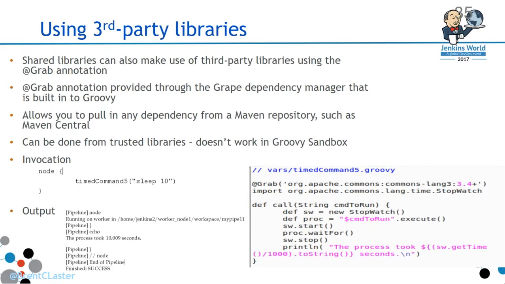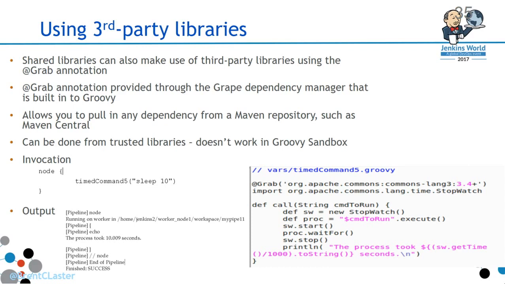Third-party libraries. You can also bring in third-party libraries to use in your code. This uses the @Grab annotation out there, provided through the Grape dependency manager. You may not be familiar with that, but it's built into Groovy. This is a way you can bring in things like from Maven Central. You can see in the example code down there on the right-hand side of the slide, the timeCommand5 Groovy. I'm pulling in the Apache Commons StopWatch function, just for something along the same time theme there,